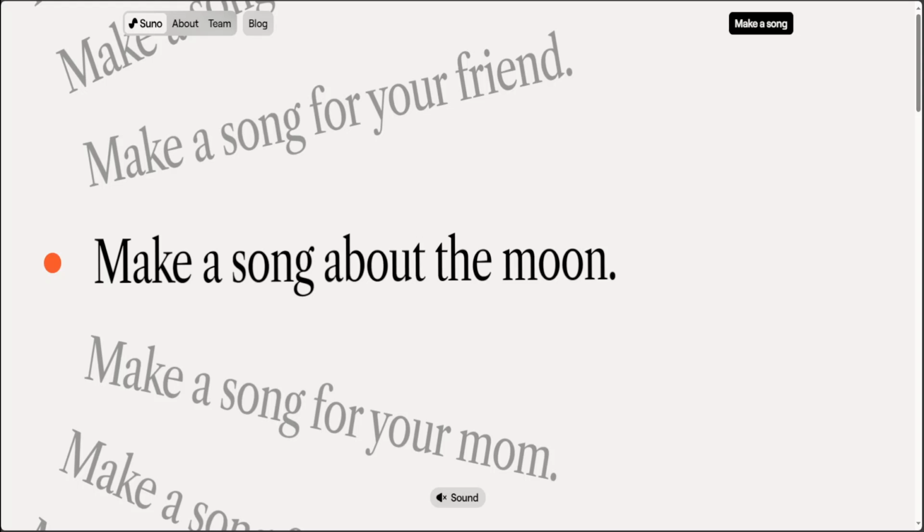Having said that, Suno is really building a future where anyone can make great music, whether you're a shower singer or a charting artist. They have broken down barriers between you and the song you dream of making. No instruments are needed, just imagination, from your mind to the music.